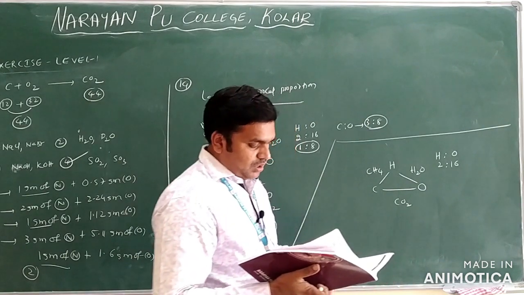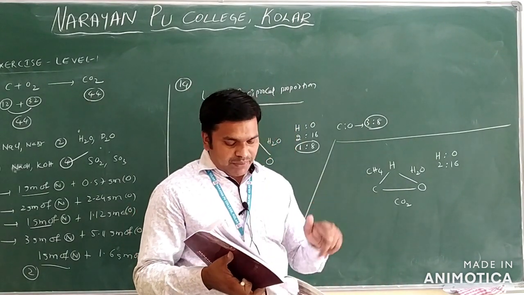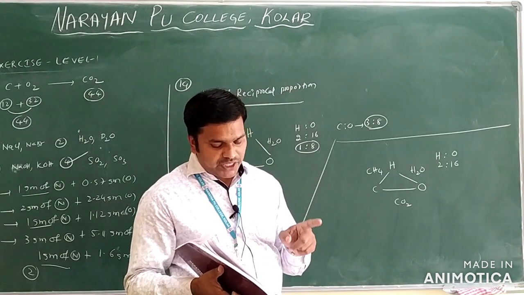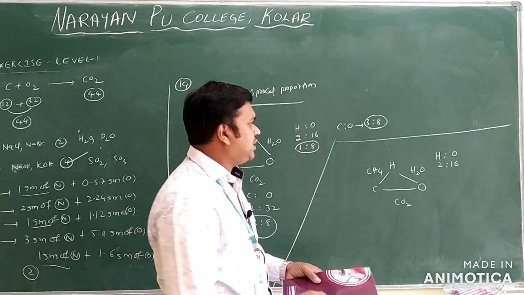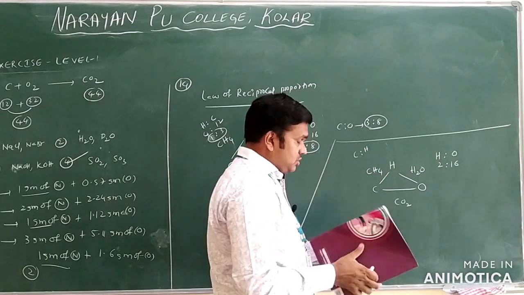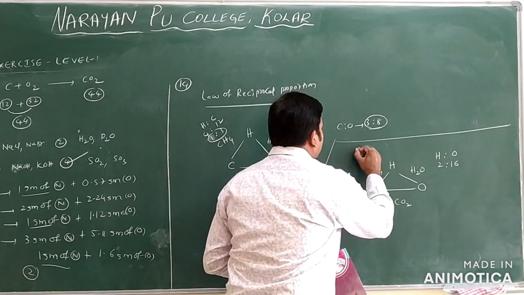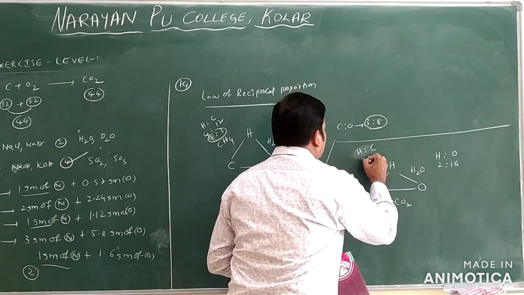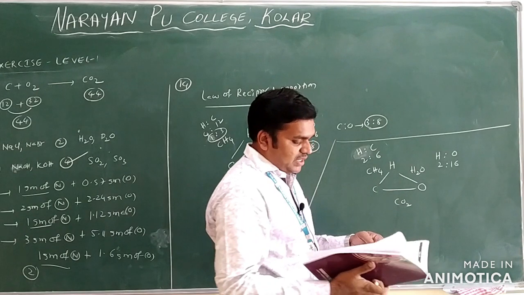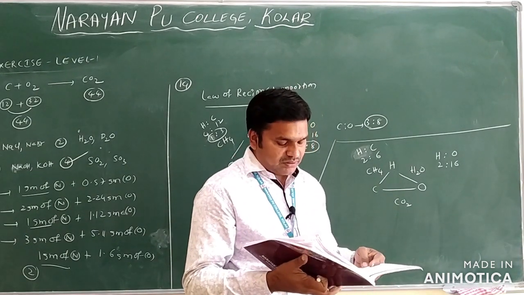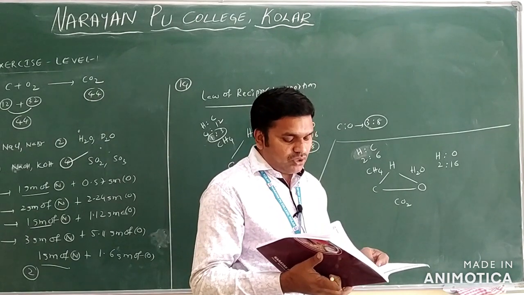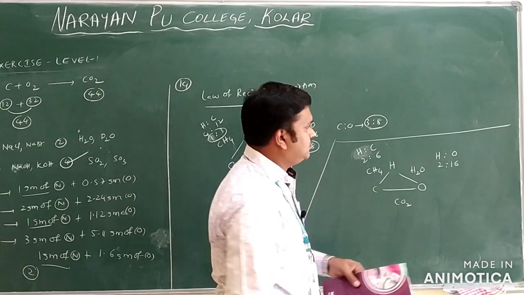Now, hydrogen also combined with carbon to form CH4 in which 2 grams of hydrogen combined with 6 grams of carbon. Taking the hydrogen and carbon ratio, 2 grams of hydrogen combined with 6 grams of carbon. What are they asking? If carbon and oxygen combine together, they will show in the ratio of what?